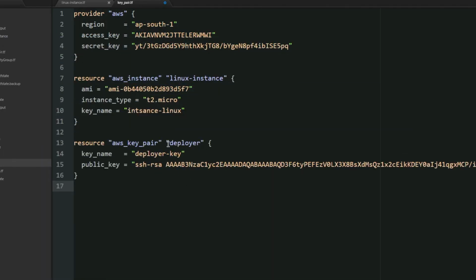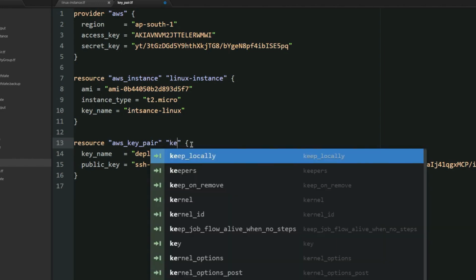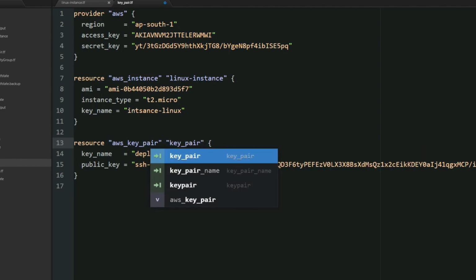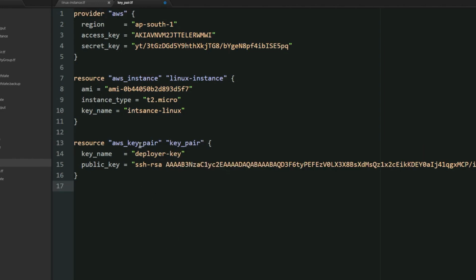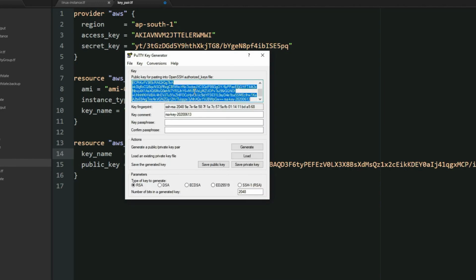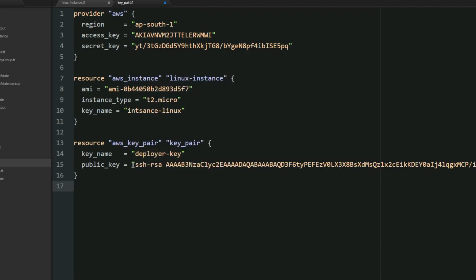So let me copy and paste, and let me give the name as key_pair. This is a unique ID associated with the resource key pair. The key name, now I have to give a key name which I am going to associate this with. So let me give that key name later. Let me first go to my PuTTYgen, copy the public key, and let me paste it here.